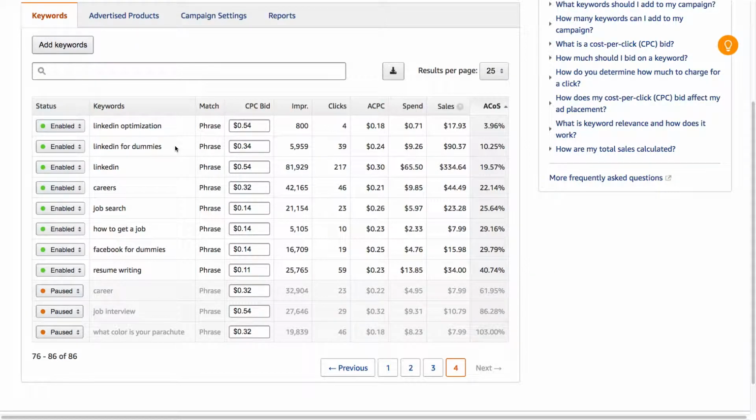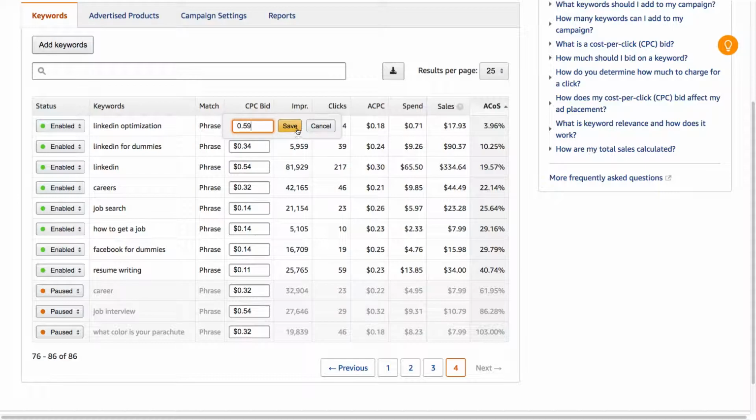So this shows me that this keyword here, LinkedIn optimization, I'm bidding 54 cents for it. But I'm having a fantastic sales rate. I'm only spending 71 cents, but I'm getting nearly $18 in sales, and the ACOS is quite good. However, there's only 4 clicks there. So what I might do in this case is actually bump this one up. So let's just bump that up to